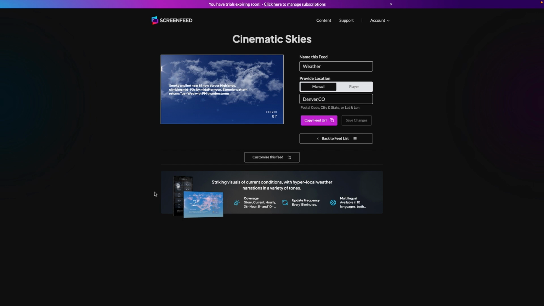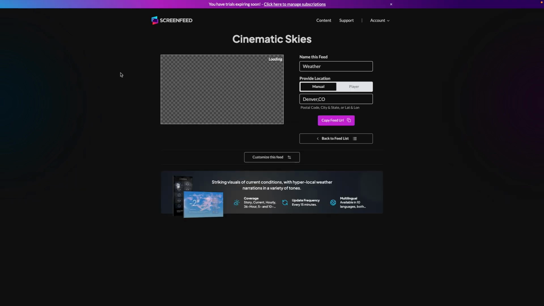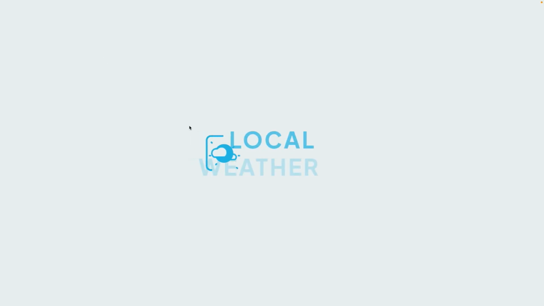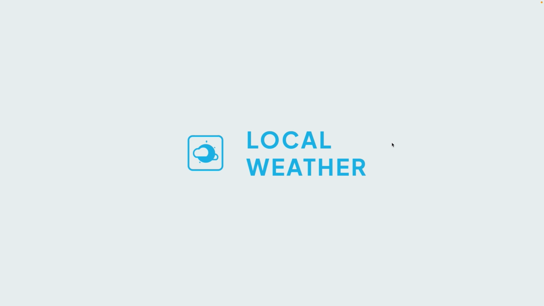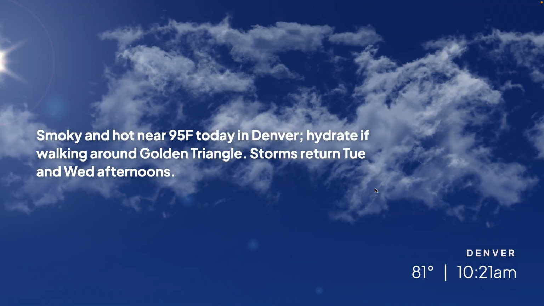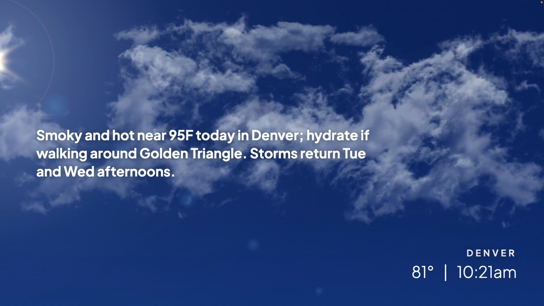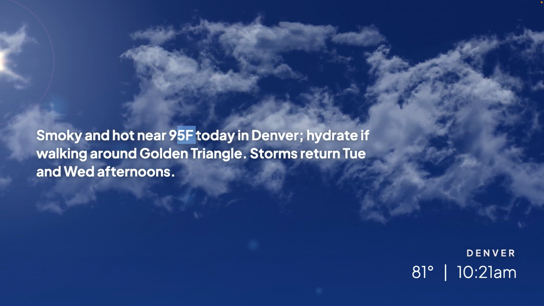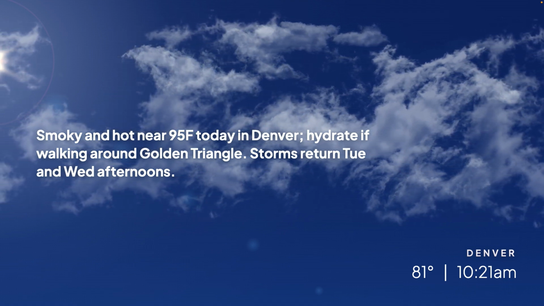So here is my feed I was just creating. See, it's still Denver. I'm going to copy that feed URL and in a new window or new tab, paste in that URL. Because it's HTML, you can preview what that feed looks like just in your browser. And here we can see it kind of gives a nice summary. It's going to be 95 degrees, fairly warm in Denver.